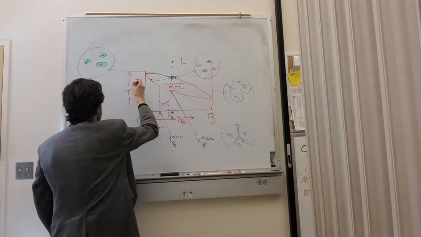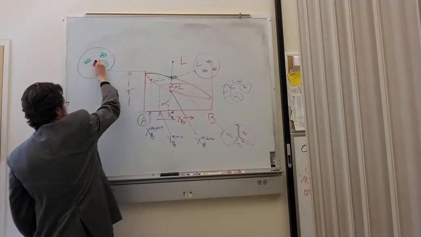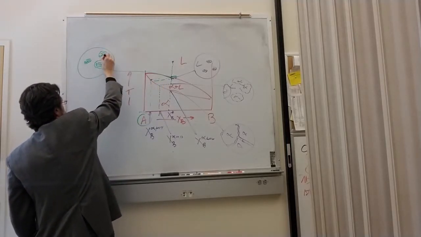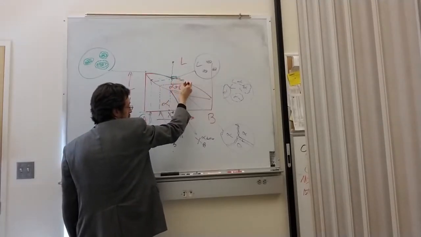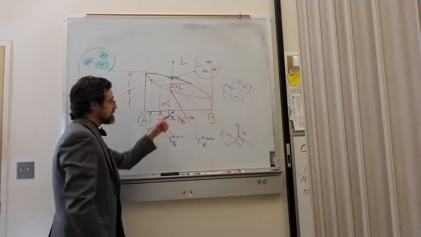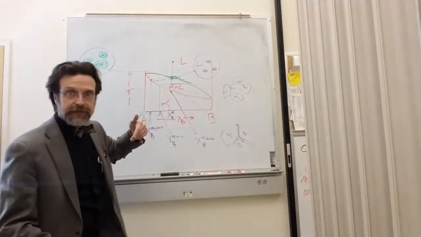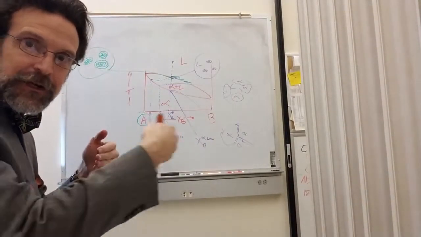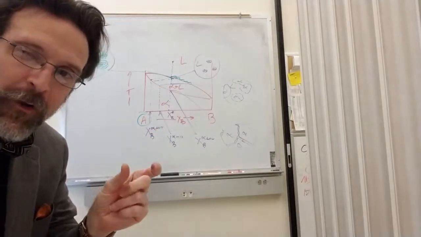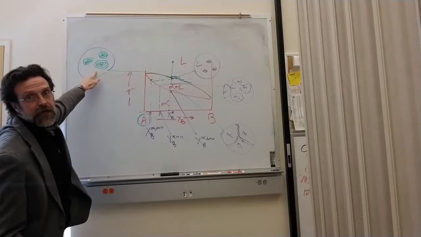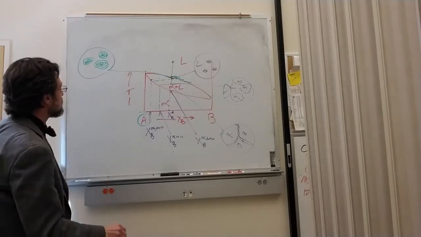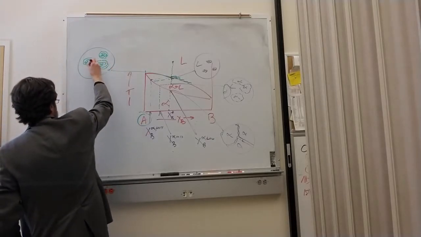And the next liquid to form a solid comes here, ejects. So you can think of it all along here as this being a kind of a series of steps. I mean, they're infinitesimally small, but a series of steps nonetheless as solid forms. And at the end of the day, what you're going to wind up with